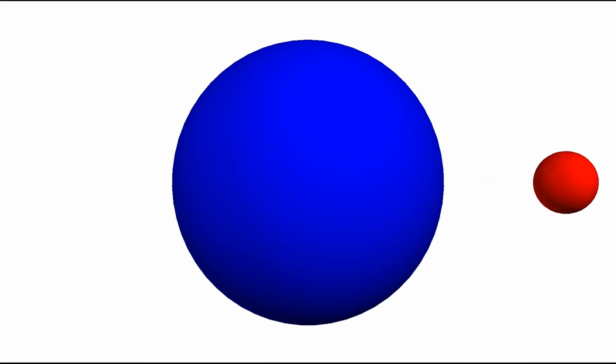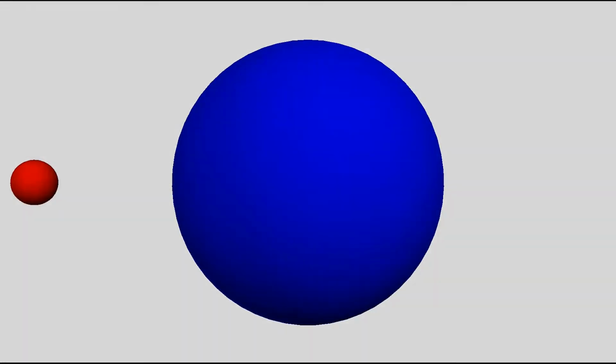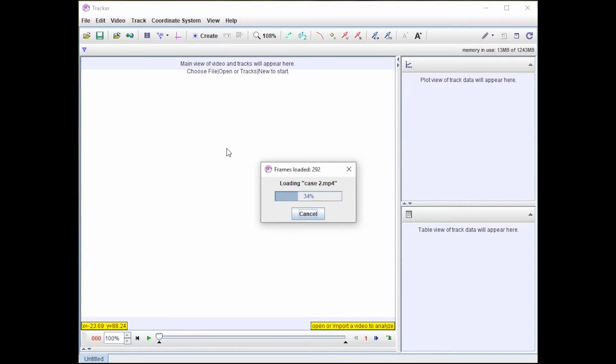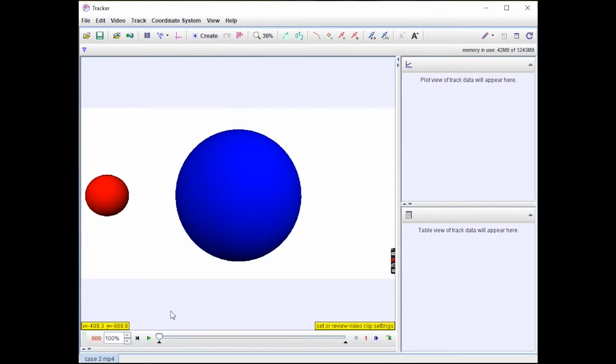To do this, we first simulated a simple one planet star system in VPython using object oriented programming and physics equations. This video file was fed to Tracker for generating the light curves and the data file in terms of time and flux. This file can be analyzed using Tracker itself, but in a limited manner, as it is not possible to analyze noisy signals.